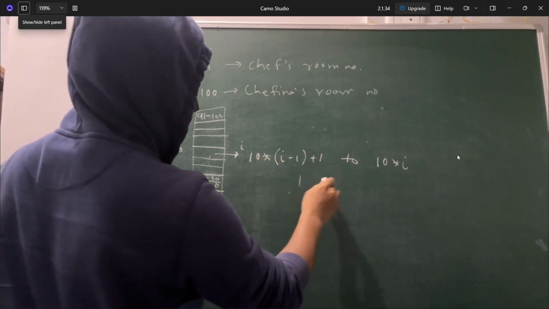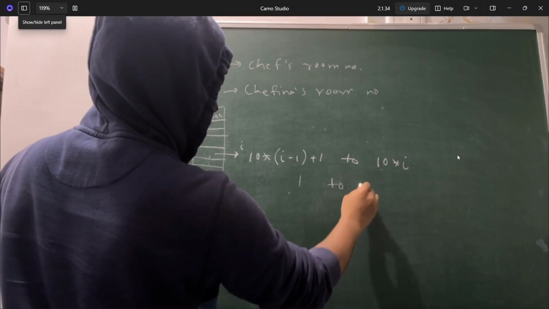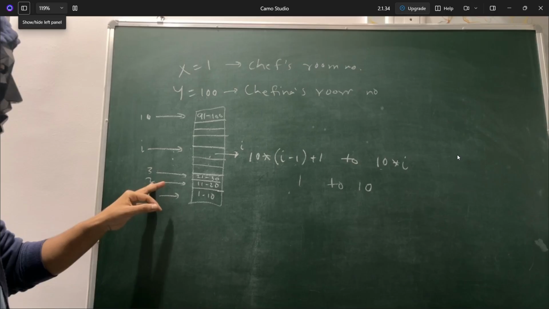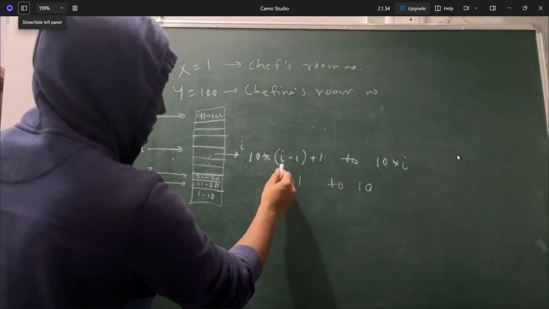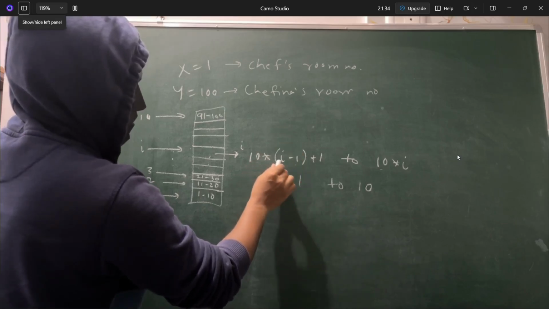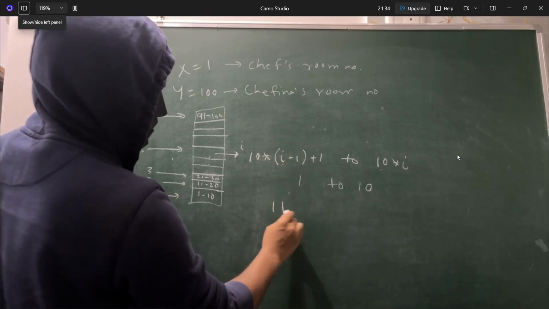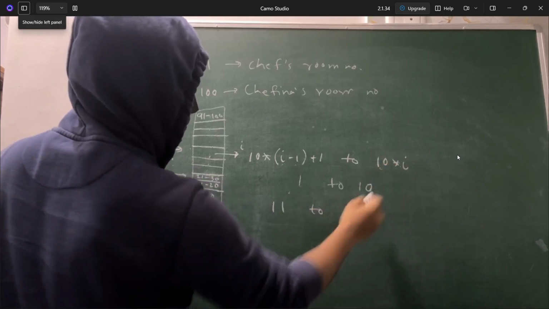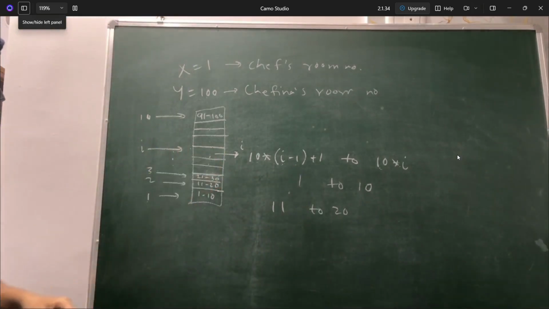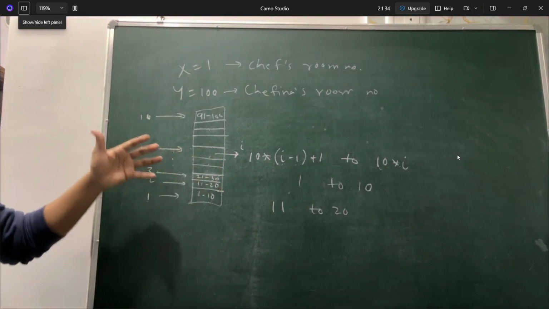So it starts from 1 to 10 into 1, which is 10. So this formula is valid. Let's check one more time for I equal to 2. 2 minus 1 is 1, and 1 into 10 is 10, plus 1 is 11. From 11 to 10 into 2, so 20. Which is valid. So this formula we'll be using to find the floor number of Chef and Chefina, and